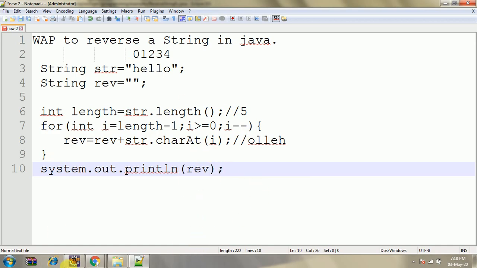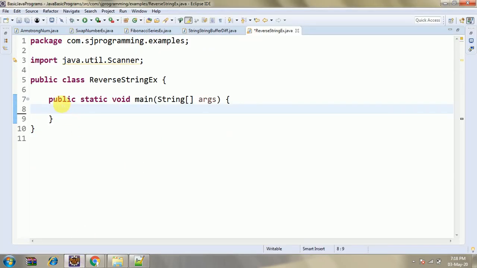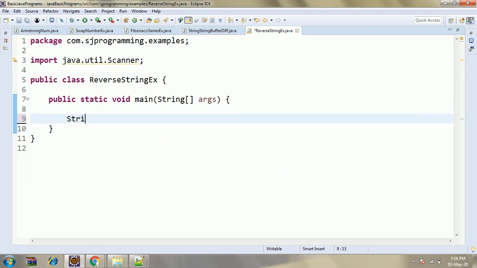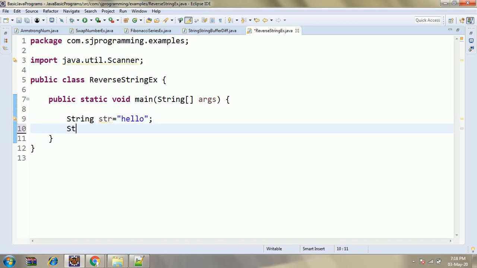So let's do the same in Eclipse. I already created one class, ReverseStringExample. Here we will take one string variable to store the original string which is hello, and the second string variable to store the output, meaning the reverse of hello.